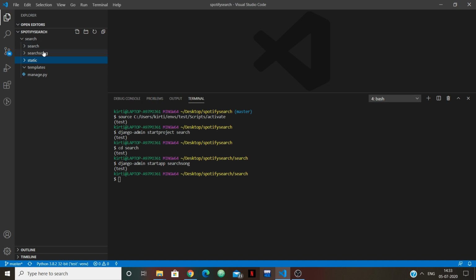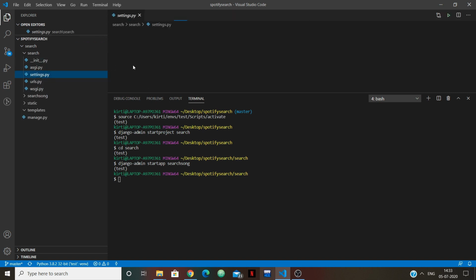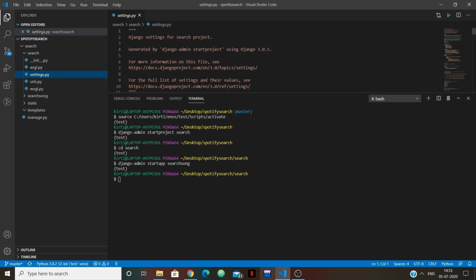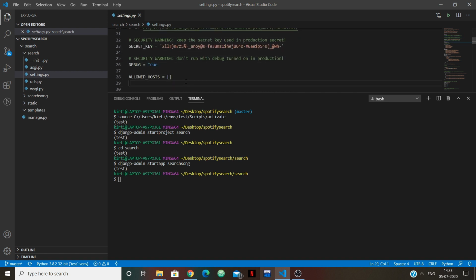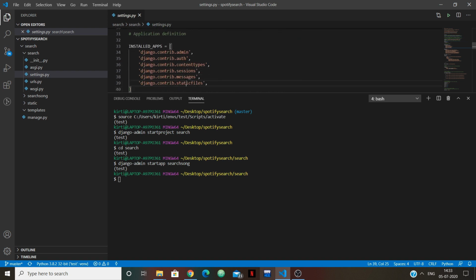So since I have created an app, let's move to the settings.py of search and do some basic settings, that is registering your app over there so that Django would know that you have created an app. So let me just register it, searchsong.